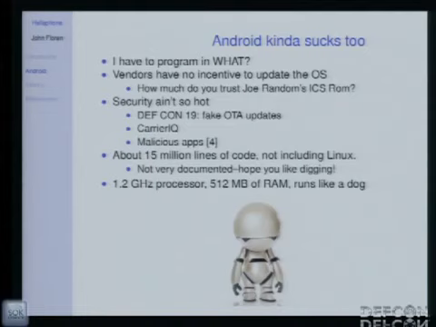And Android, like the other devices, has some security problems. In fact, I think I've seen more issues with Android, in talks here and stuff on the news, than with the other phone OSs. Last year, there was a talk about fake over-the-air updates being pushed via just a rogue cell tower somebody had in their backpack. I haven't really seen much confirmation of that. I just saw a post on a mailing list claiming to have done it, but I believe it could be possible. As I mentioned, Android was affected by Carrier IQ. There's been a plethora of malicious apps which have shown up.